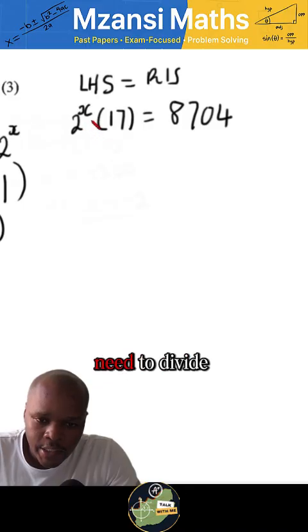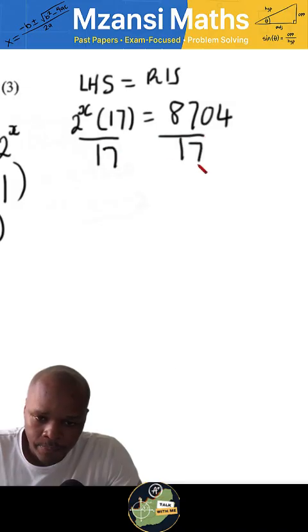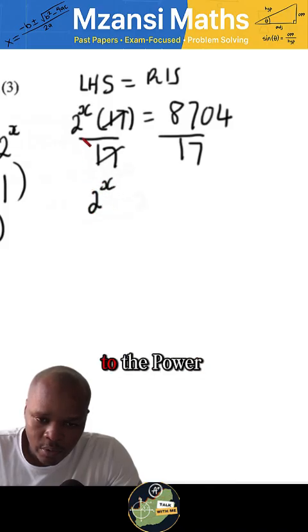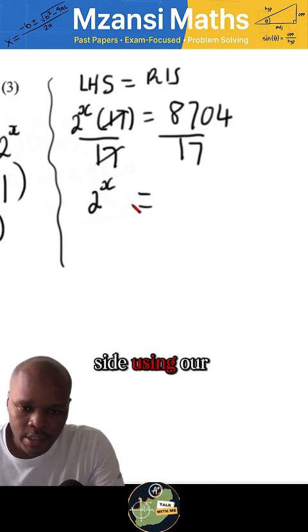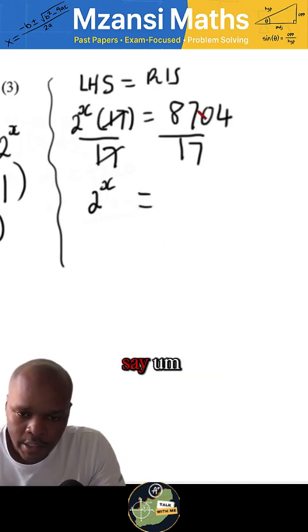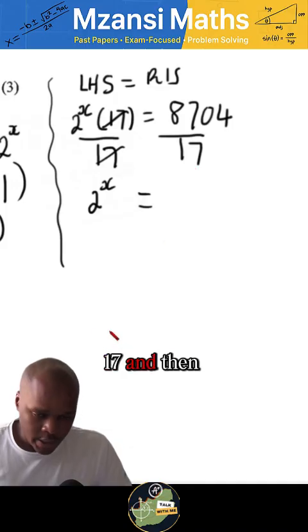Now I need to divide both sides by 17. That 17 will cancel with that one, and on our left-hand side we'll be left with 2 to the power x. On our right-hand side, using our calculator, 8704 divided by 17,